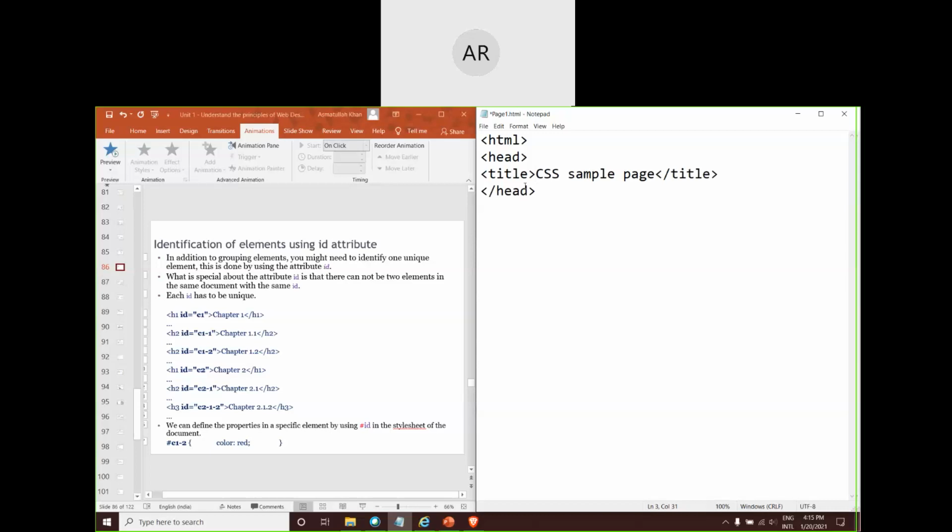But we have to include the CSS also, right? So let me have CSS enclosed first in style tag, style type equal to text slash CSS, and then closing of this style, opening it further, just have some information.